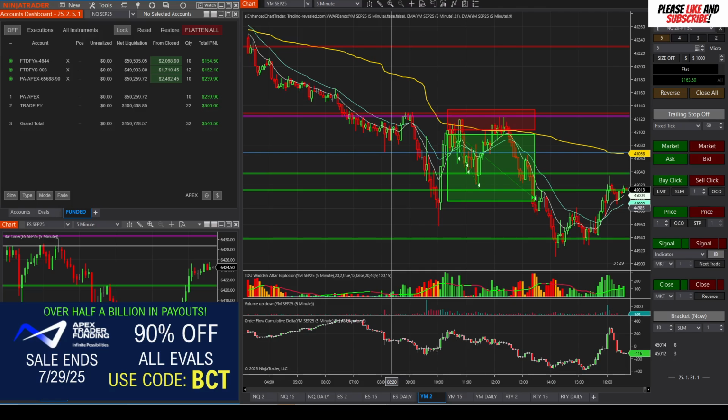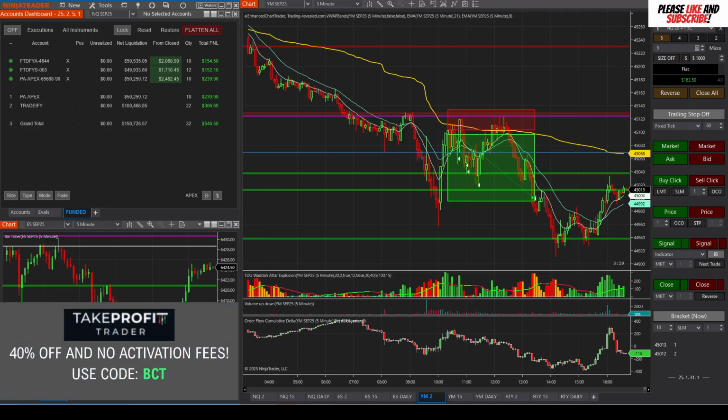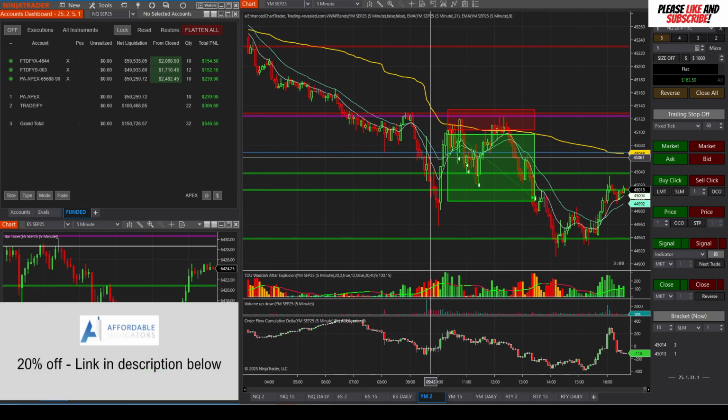So anyway, we will see how the market shakes out over the next couple of days. We've got 4 straight days of news starting tomorrow. Tomorrow is light. What do we have tomorrow morning? JOLTS job openings at 10 o'clock. That's probably going to be a little bit of a mover, but it really feels like maybe this market is waiting for some of this data to hit. And obviously the data can definitely make a big impact.